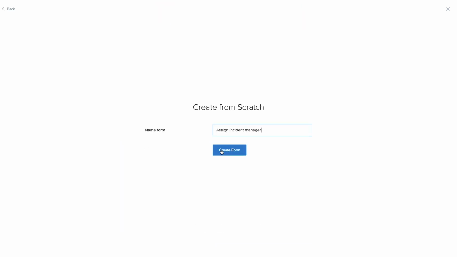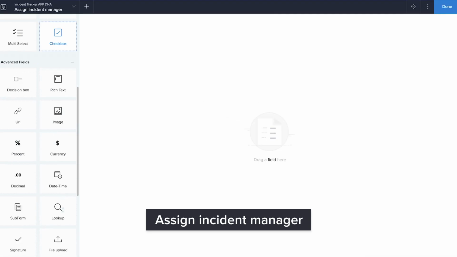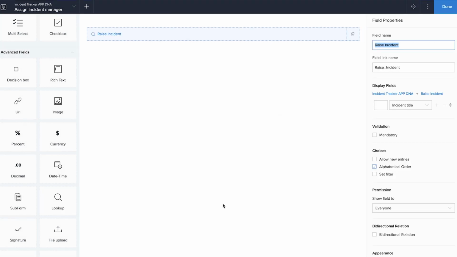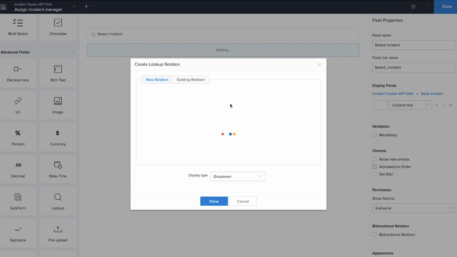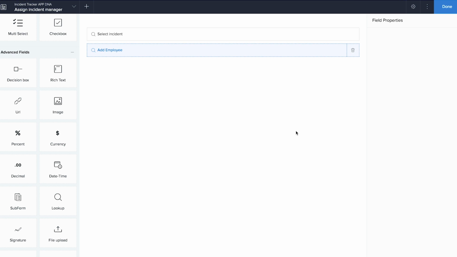Okay, assign incident manager. And in this form, I'm going to use two lookups. One lookup to know which incident I'm going to assign. I'm going to name this as select incident. Next up, I'm going to look up the employee as well, the incident manager. Add employee, name. This one I'll rename as assign